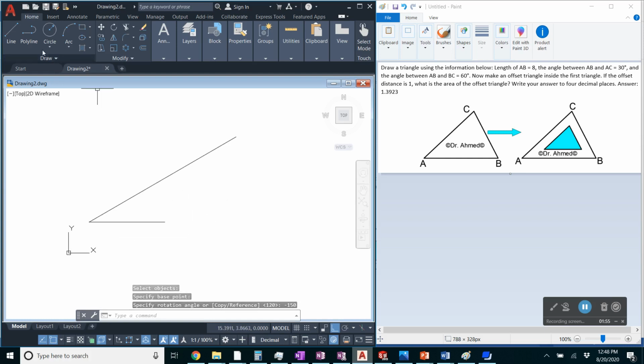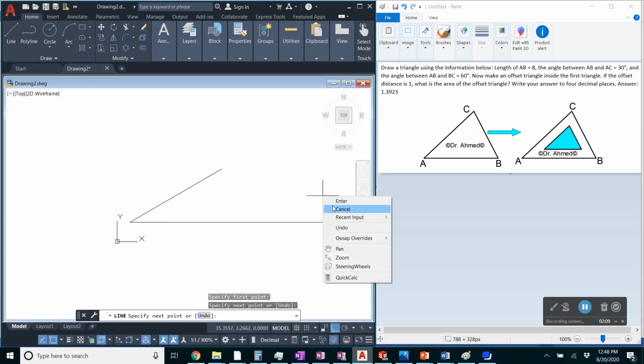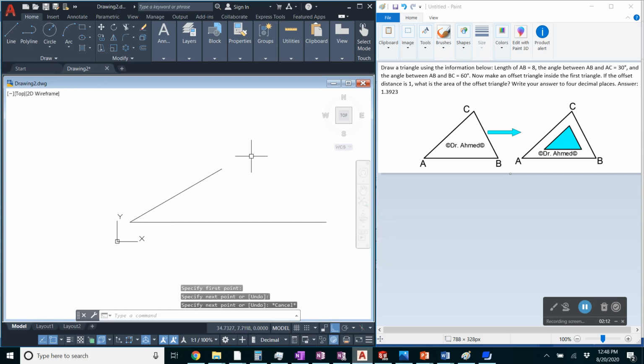Now click on the line tool, click the right end of this line AB, and again we're going to make another very long line. When you're certain that the line is going to be long, click on the screen, right click, cancel, and then we're going to rotate this one